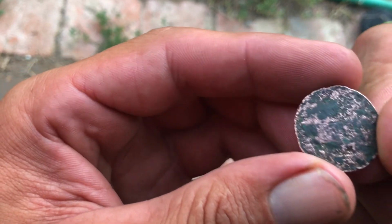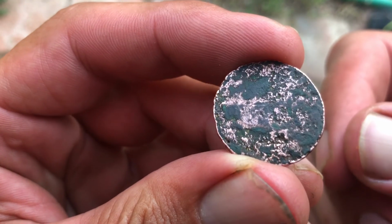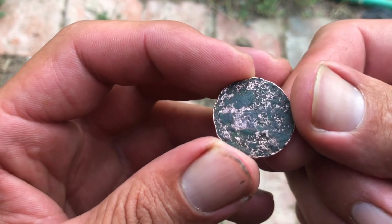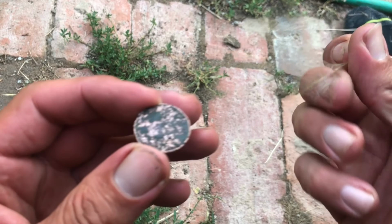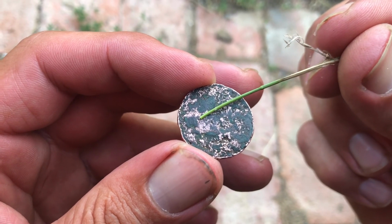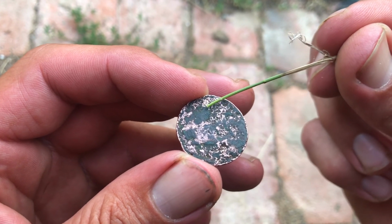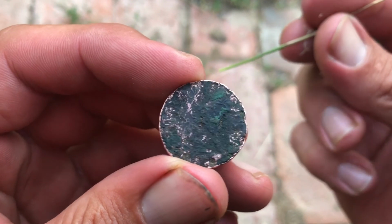Where are we? Just there. I need a pointer. If you can see that, I can see 19. Now, I'm pretty sure that's 19 and not 61, because the one looks the right way up that way. I need a little bit of grass or something to point it at. But just there, 19, and there's a bit of a, don't know if it's a shield or something there, and there is a dotted line or a circle that goes around, and on the other side there's no monarch, but I don't know